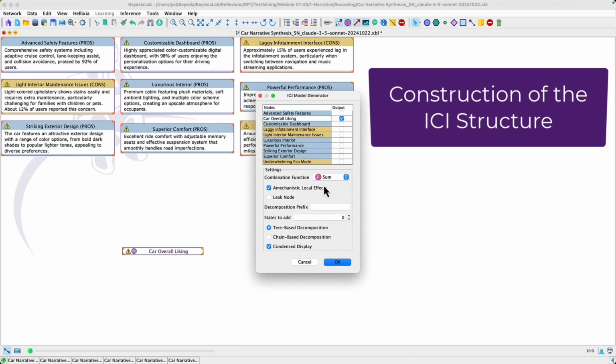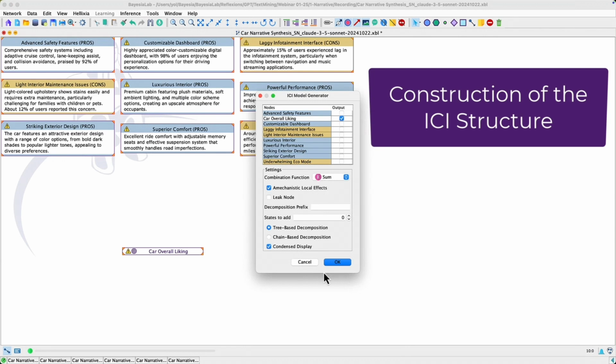And then we have to define what combination function we are going to use for combining the effect of all these inputs. So here I'm choosing the sum, which means that I'm going to be able to have negative effect, neutral effect, and positive effect on my target. So this is what we call a mechanistic local effect, because I need to transform these Boolean nodes to have negative and positive effect, right?